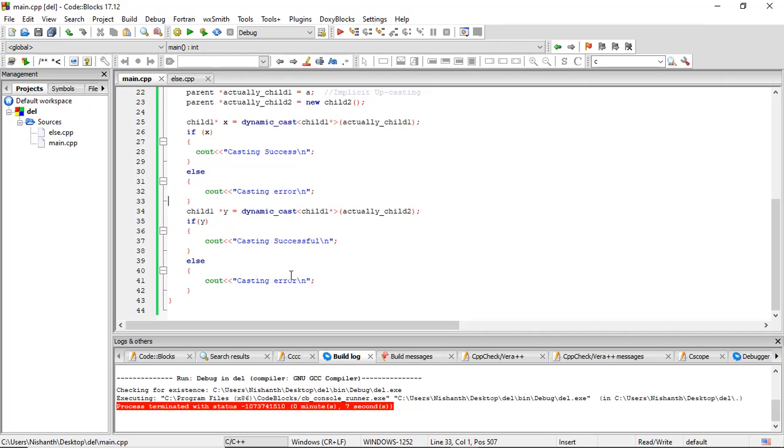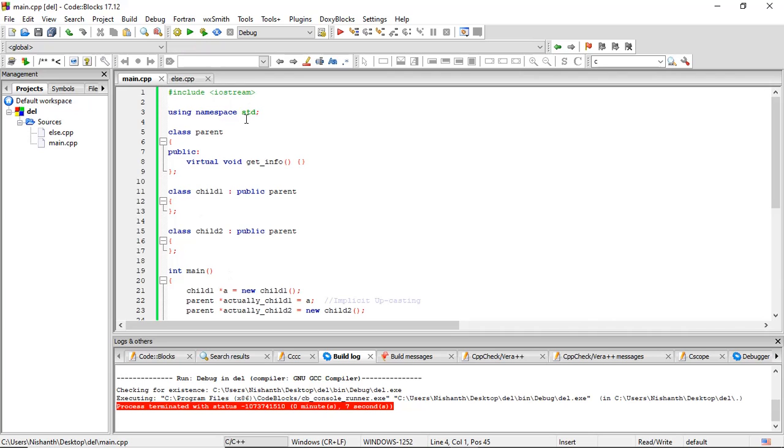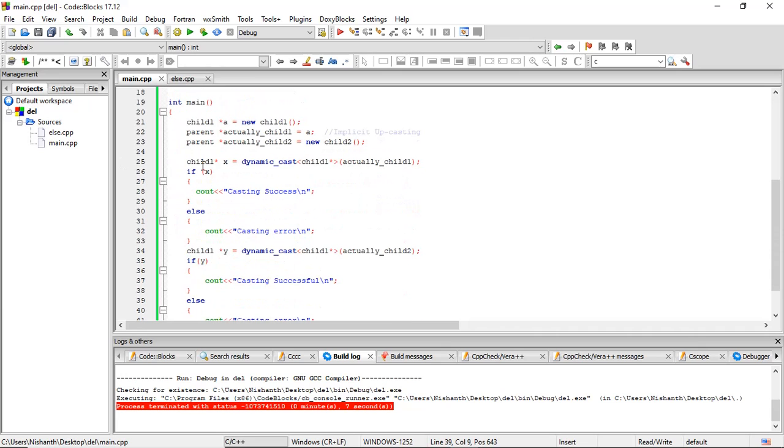So consider this modified piece of code now. The only addition here is that we have a virtual function, because to perform dynamic casting, the base class should have at least one virtual function. We'll look at why we need this later. In the last example we saw that the first one was reasonable and should work, whereas the second one was not reasonable and shouldn't work.